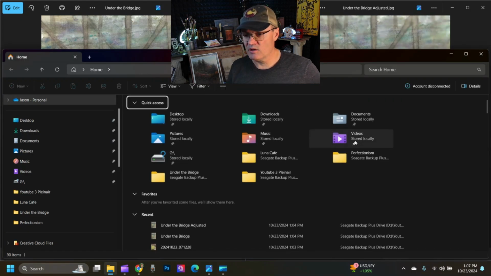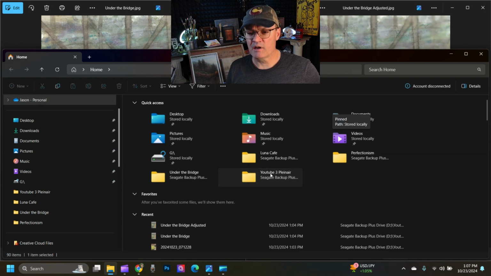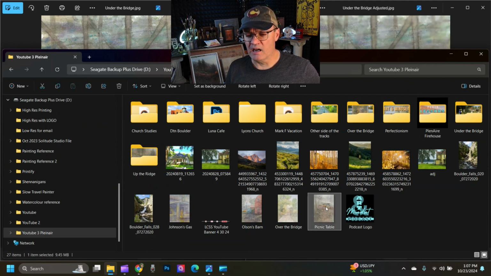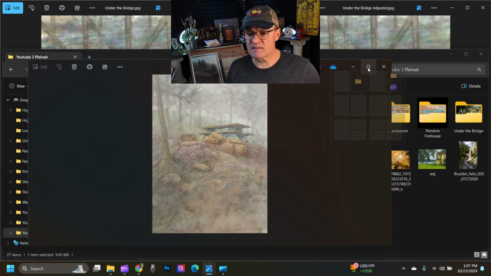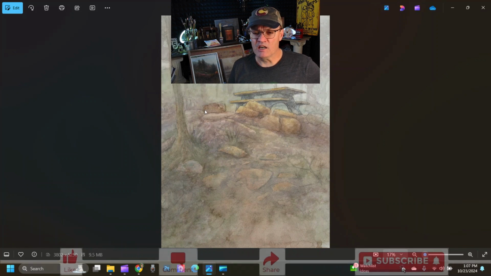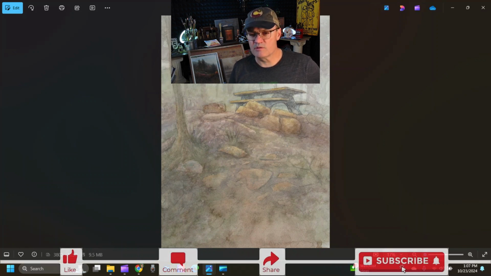I'll just pop this open. Go to my file folder. And then like this picnic table, just having more... like this color is super light and faded. What's important is really darker and pops more. And on this one, there are a couple of things I would change as well. But this is